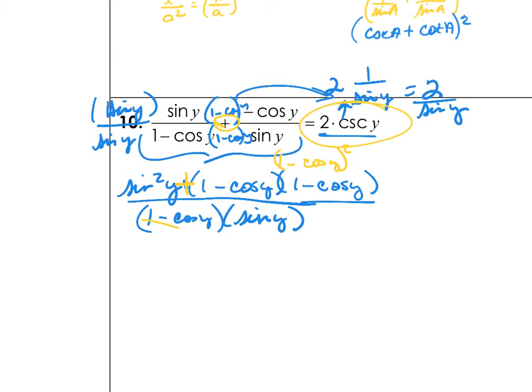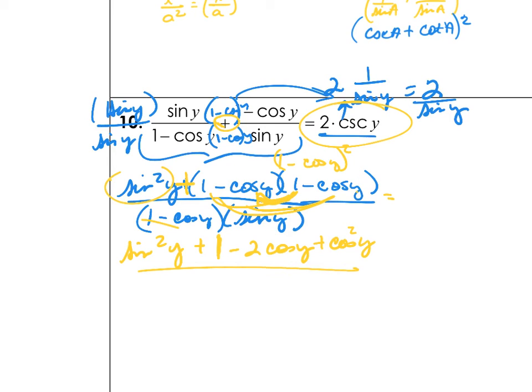So I'm going to go ahead and FOIL that, because if I FOIL that, I'll end up getting a cosine squared of y, and it'll make 1 with this right here. So I have sine squared of y plus, and I'm going to FOIL this. This gives me 1 right here. And then my middle term is going to be 2 cosine of y, because I'll have 1 cosine of y here and another negative cosine of y there. So it gives me 2 of the negative cosine y's. And then I'm going to be left with a positive cosine squared of y all over